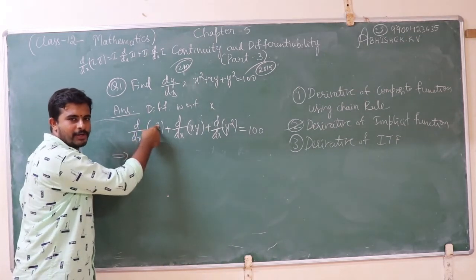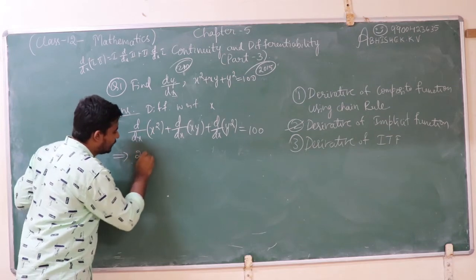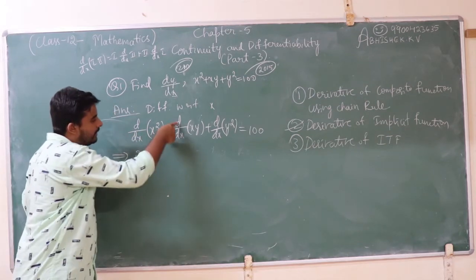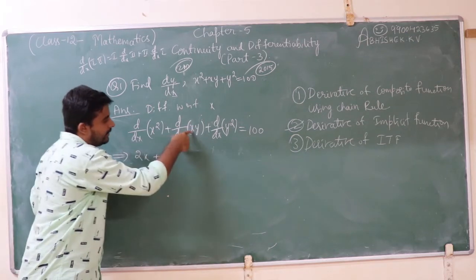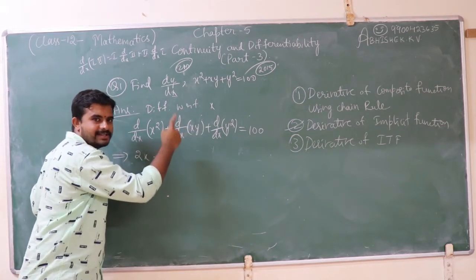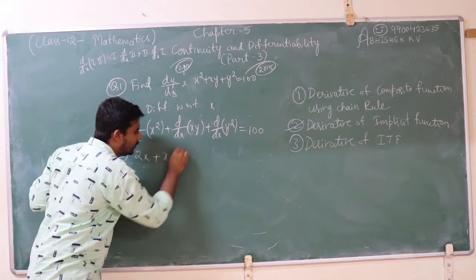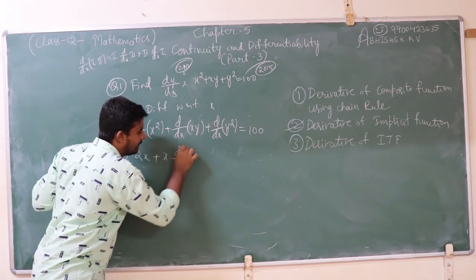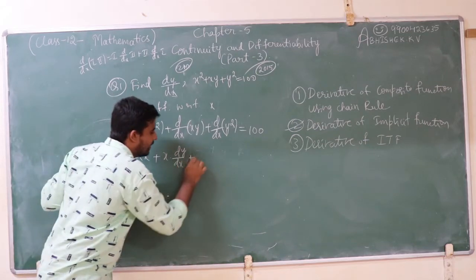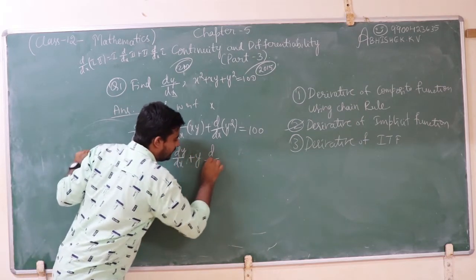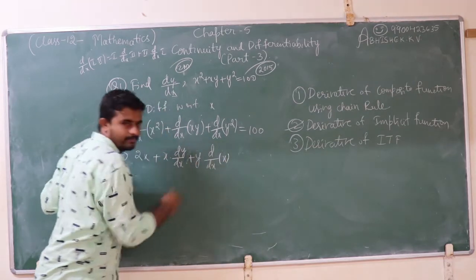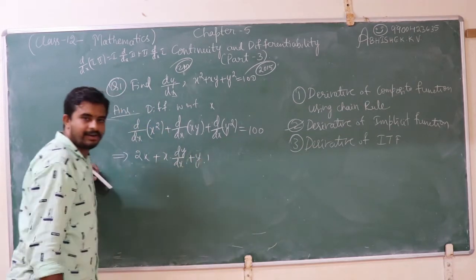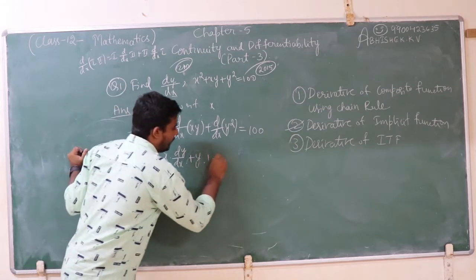This implies the derivative of x square, which is of the form x to the power of n for n equal to 2, gives 2x. We already solved this in the previous one. D by dx of xy: again, first into second. First into the derivative of second, that is dy by dx, plus second into the derivative of first. D by dx of x is 1, so simply write it as 1 plus